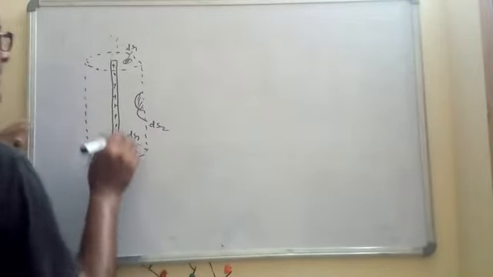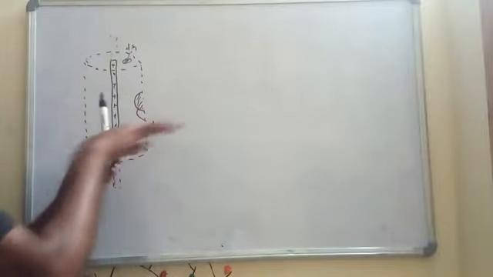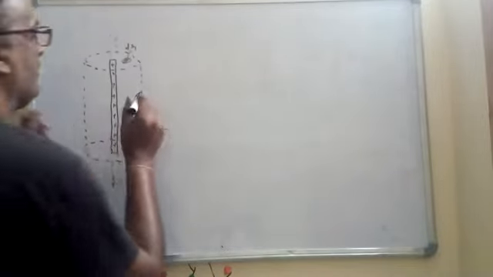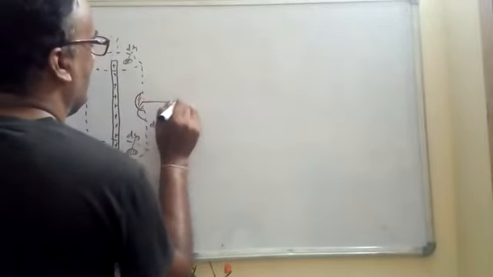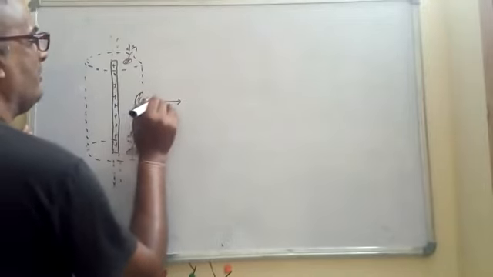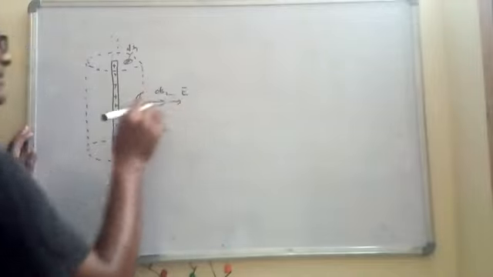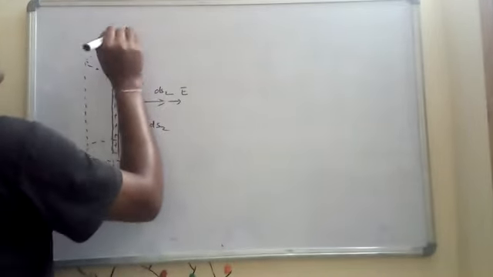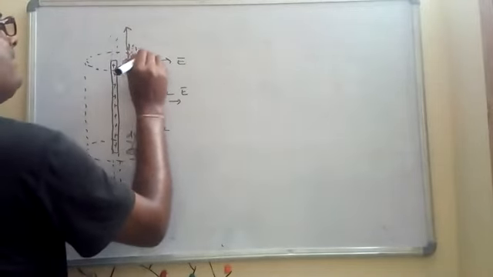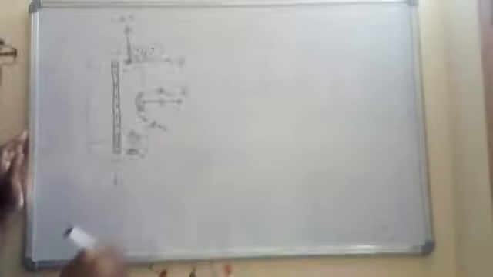Now you see the electric field due to this charge distribution here only. So the electric field is towards like this, because it's positive. The electric field is normally outward. So in this section, the electric field is like this. We have to find the electric field due to this charge surface. So this is the direction, and this ds2 is also in the same direction. So electric field and this ds2 are along the same direction. Here you see that the direction of ds1 is in this direction, and the electric field is in this direction. So what is the angle here? It is 90 degree. In between ds1 and electric field E, the angle is 90 degree.